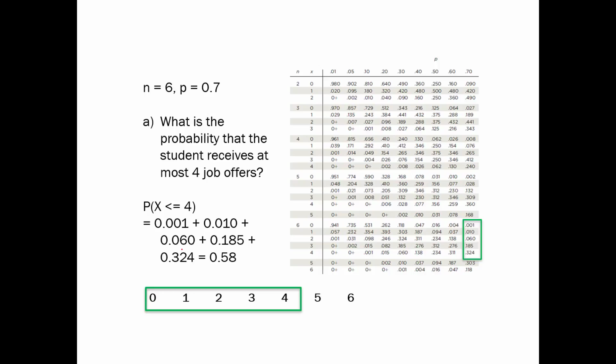So just be super careful when you read the problem to make sure that you understand exactly which of the integers you need to include in your probability computations. If you get that part right, the rest is easy. The table is relatively simple to use. Again, navigate the table by looking for N and P on the outer edges of the table, and then you'll narrow in on the particular row that gives you the exact value of x that you're looking for when you're computing those probabilities.